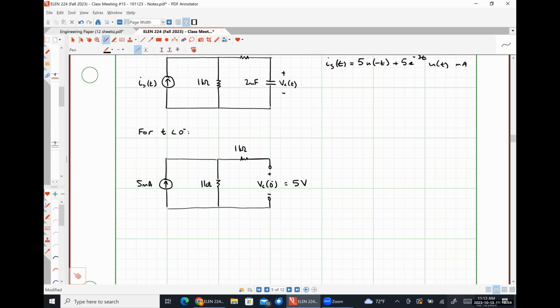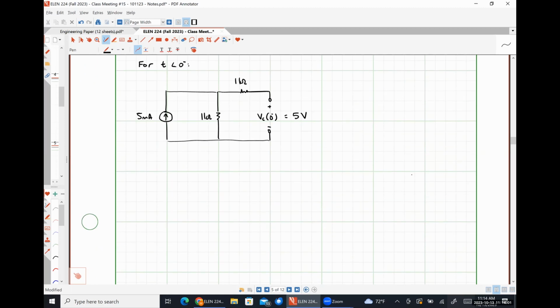We all okay with that extraordinarily rudimentary circuit analysis? Okay. All right. Now let's look at what's going on for t greater than 0 plus. We are going to be looking at things in the S domain, right? So for t greater than or equal to 0 plus,